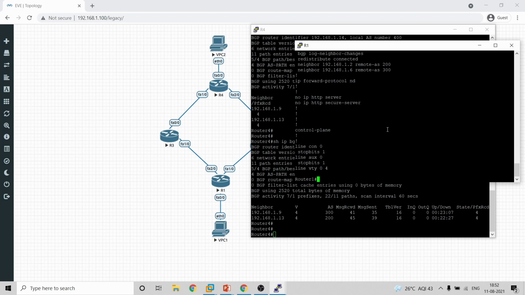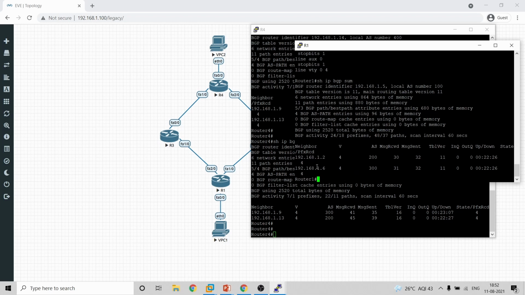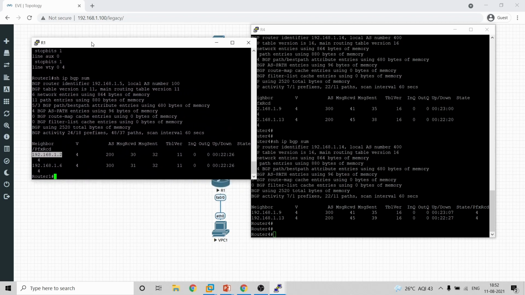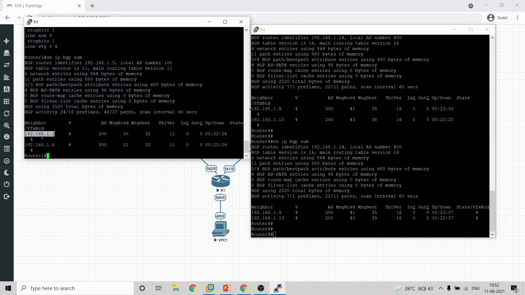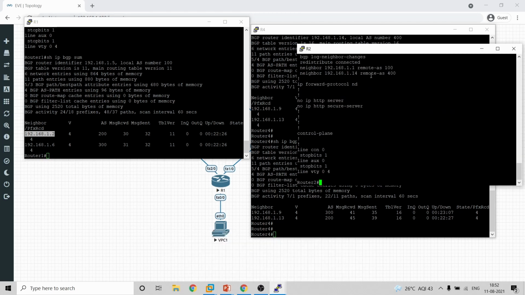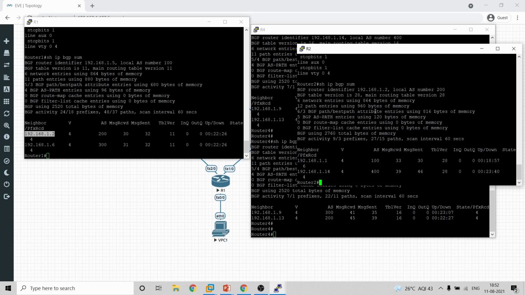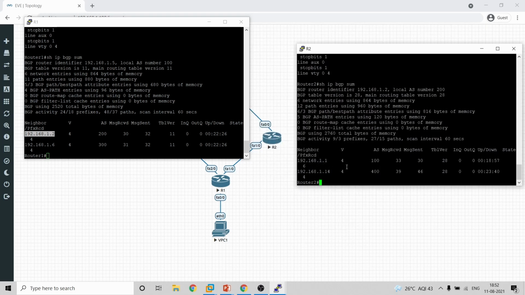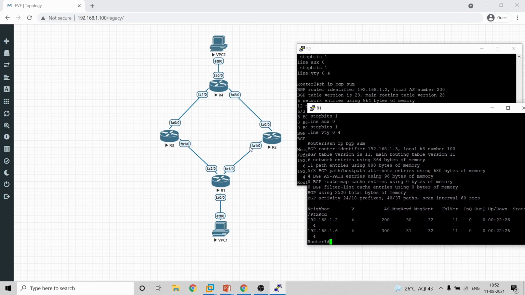We look into the neighbors of all the routers. Okay, from router R1, we have two BGP sessions running, and router R2 will also have two BGP sessions running, and router R3 and router R4 will also have two BGP sessions running.